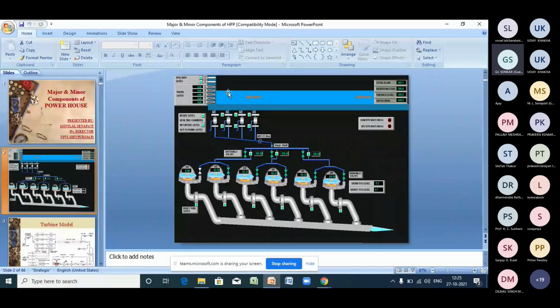So this is all about it. They have 6 units. They are using Francis turbines there. Then they have draft tubes. Then a common TRT tailrace tunnel is there. The 6 units are connected to a particular tunnel. That tunnel is called TRT, and water is released in the downstream of the river. This is the typical layout of Satluj.